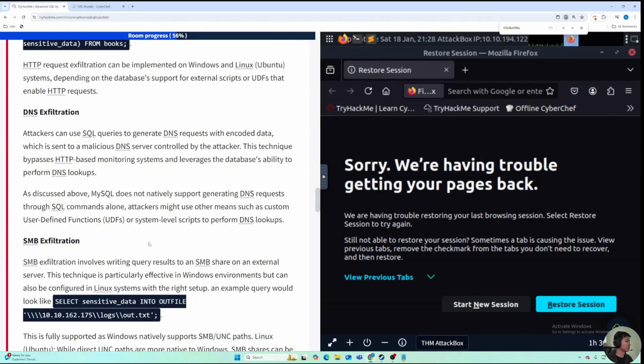DNS exfiltration. Attackers can use SQL queries to generate a DNS query with encoded data, which is sent to the malicious DNS server controlled by the attacker. This technique bypasses HTTP